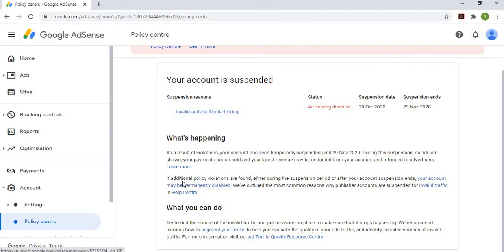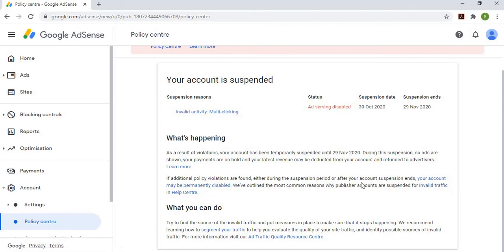If this happens in future, like it is mentioned here, if additional policy violations are found either during the suspension period or after your account suspension ends, it means that even during this suspension period, if I am doing something wrong, or if the suspension period ends and again this type of multi-clicking activity takes place from our competitors, then it is mentioned here that your account may be permanently disabled.